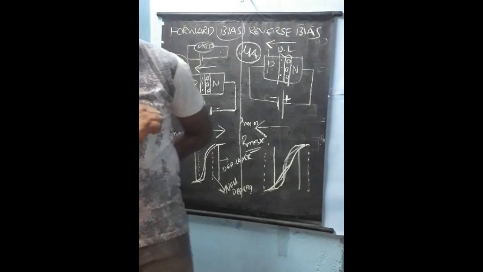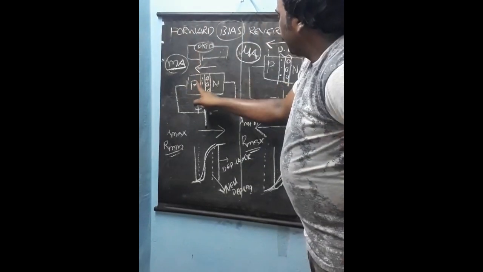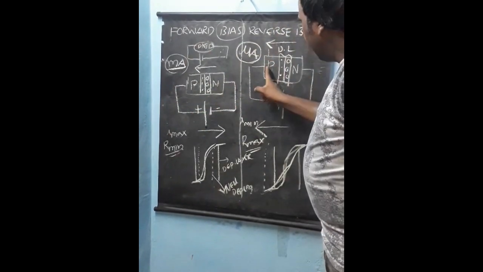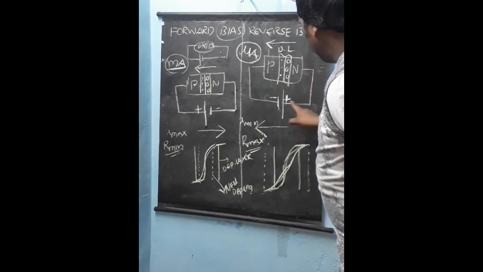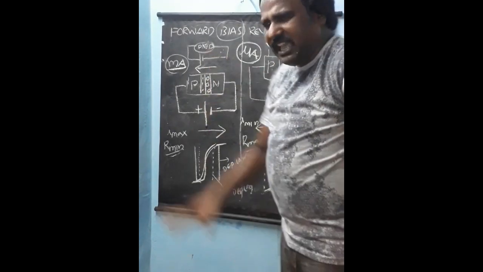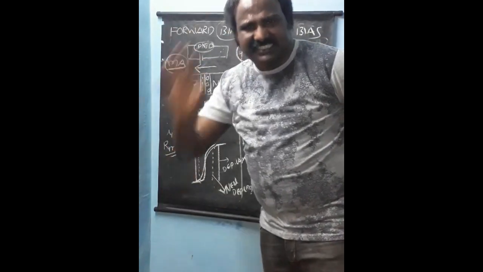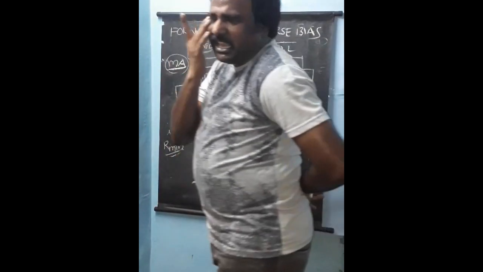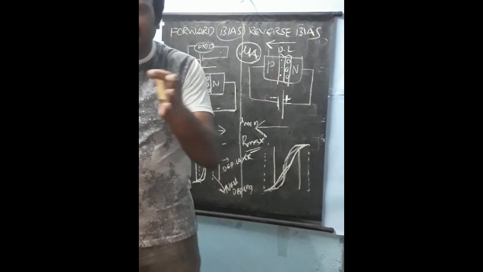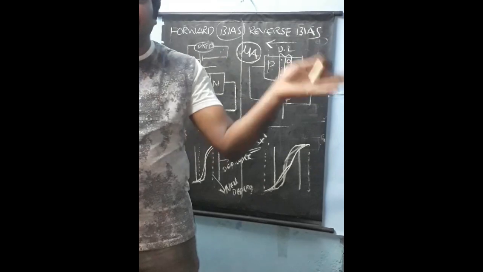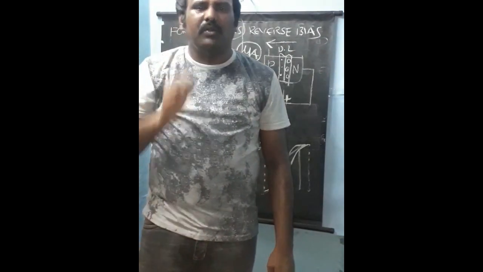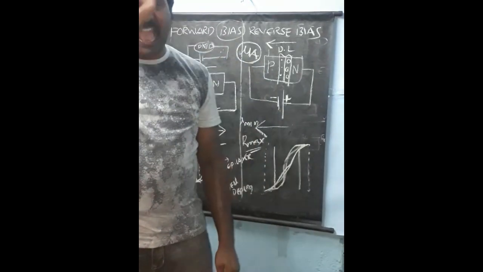Important points to be noted in forward and reverse biases. In forward, P is connected to positive and N is connected to negative. In reverse, P is connected to negative and N is connected to positive. Here, as both electric fields are in opposite directions, the resultant electric field decreases. As the electric field decreases, the potential barrier decreases and the depletion layer decreases. As the depletion layer decreases, charge carriers can move, producing more current, and resistance is low. Current is measured in milliamperes.